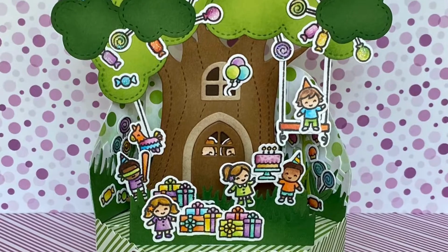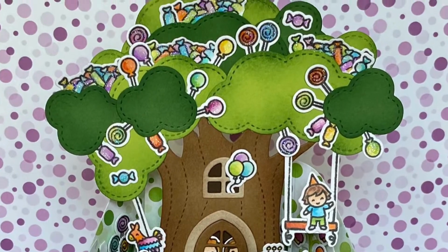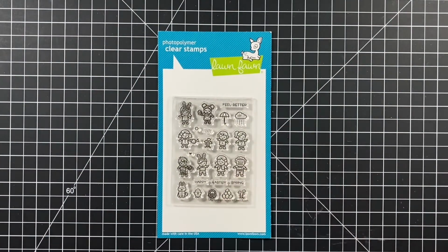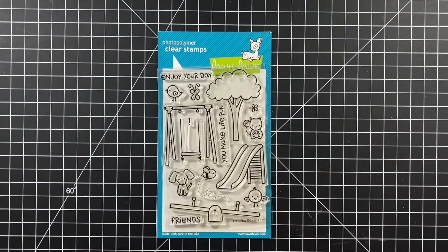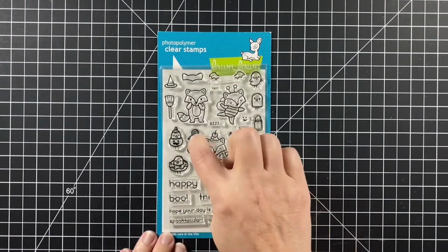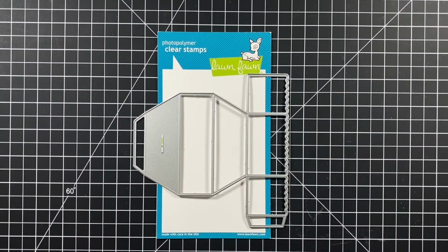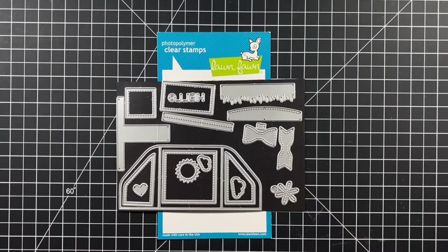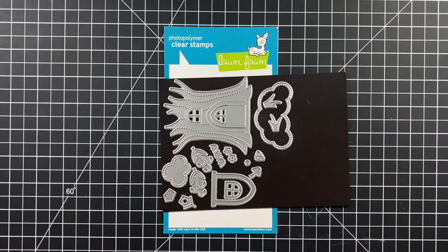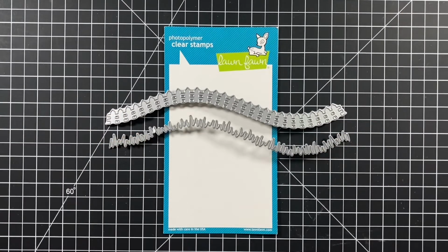I'm Kara, and today we are celebrating a birthday under the Lollipop tree. We're using Tiny Birthday Friends and Tiny Spring Friends. Let's Play for the swing, and Candy from Perfectly Wicked add-on and from Fox Costumes Before and Afters. Here is our Platform Pop-Up and the add-on here, the Tree House, and the Slimline Picket Fence Border and Grassy